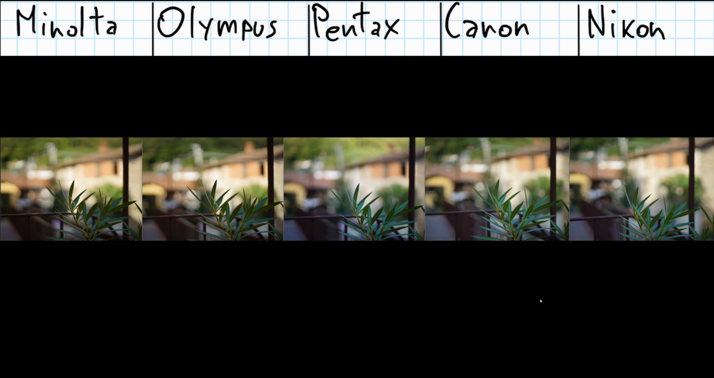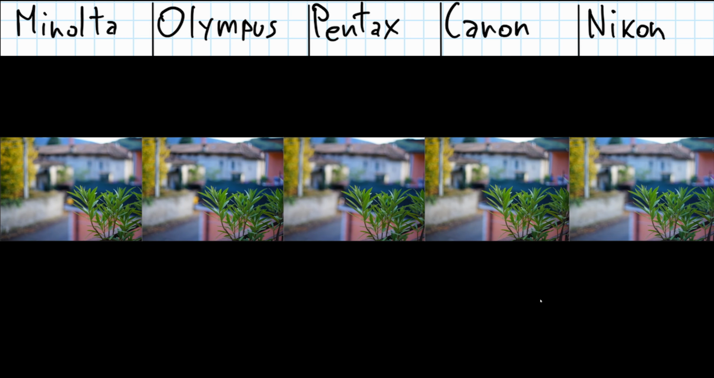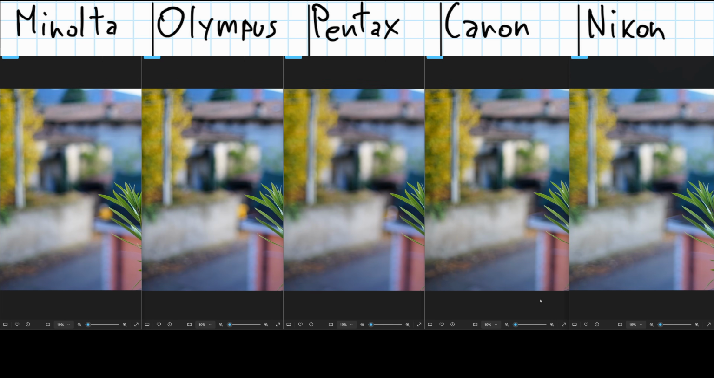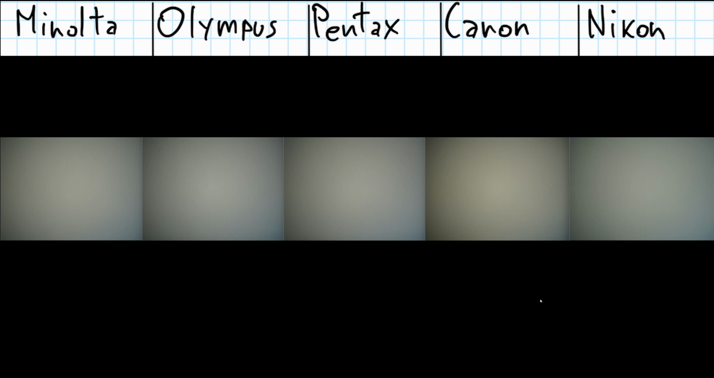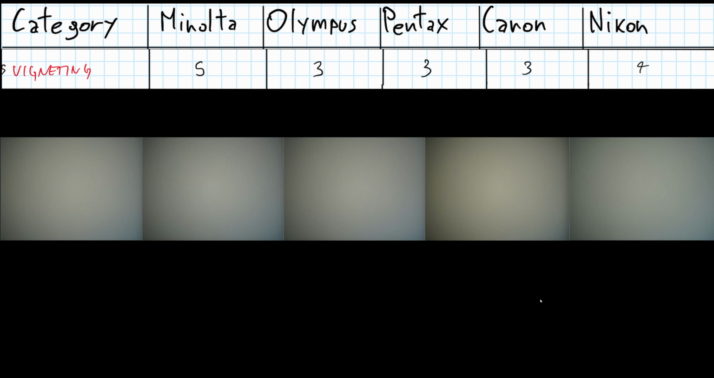Here you can see how busy the background is in these pictures in particular. And if you look closer, the Nikon is a little bit busier, but not such a big thing, they are all similar. But this is for the bokeh. Okay, let's see vignetting. I give 5 points here and 5 points for the Minolta, which is slightly perfect, not